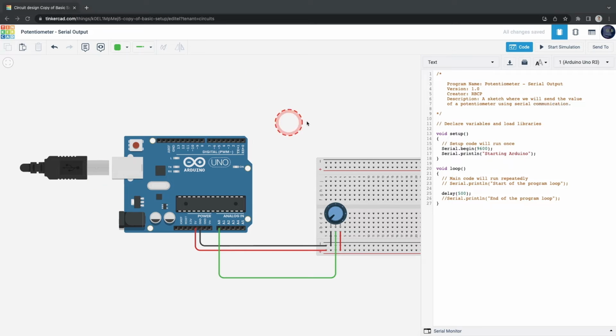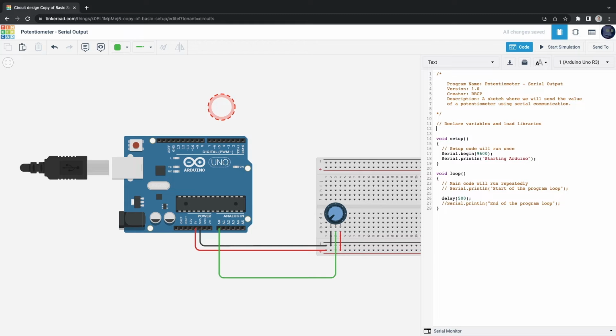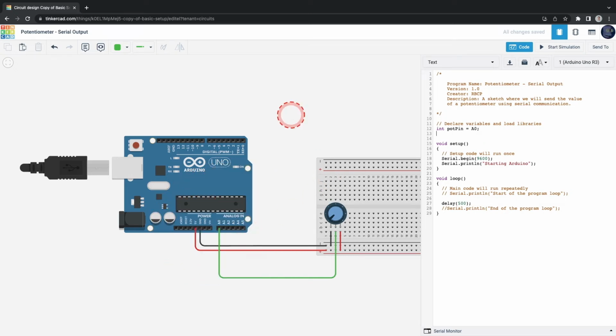Declare the variables. Create variables for the pins. Type int potPin = A0; to define the pin for the potentiometer. Notice that the analog inputs on the Arduino have the letter A in front of them. Last, we will create a variable to hold the value of the potentiometer. Type int potValue = 0;